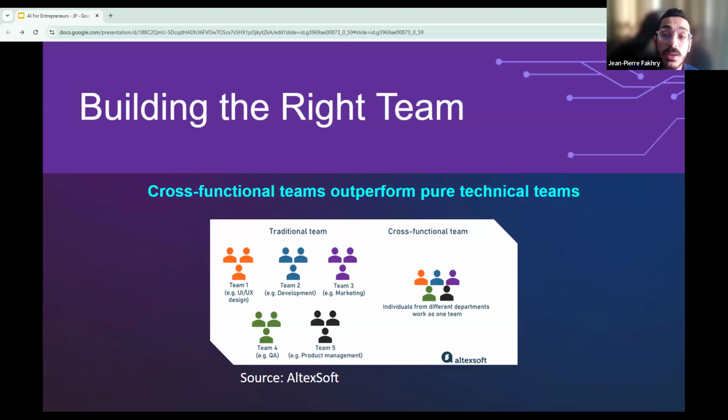Someone who decides what to build and what to cut, which is basically the product leadership. Someone who can write and ship code or integrate AI tools, which is the engineering part. And someone who talks to customers every week and manages the sales and the partnership conversations, which focuses on the go-to market. So these are the very most important team players, let's say. And these cross-functional teams outperform pure technical teams with ease.